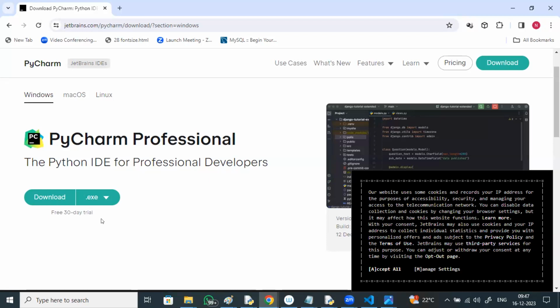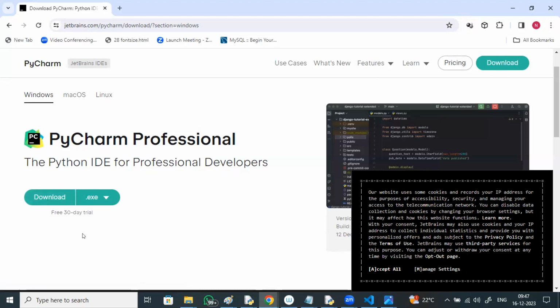I'll show you the difficult part first, and later we go with the easier part. That's why I showed you VS Code first. Next I am going with PyCharm. PyCharm will be very simple and easier, since it takes care of everything, right?